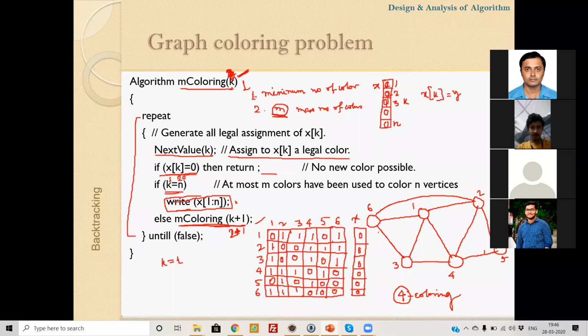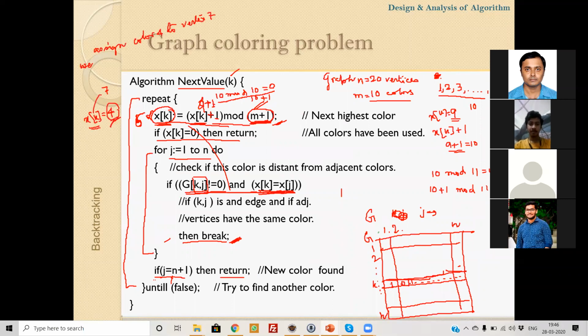So first time k equals 1, and this loop will iterate. The first time, the next value function will be called with the parameter k equals 1. At this moment the value of k equals 1.